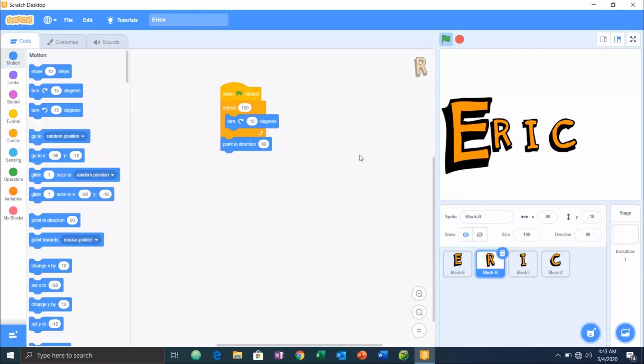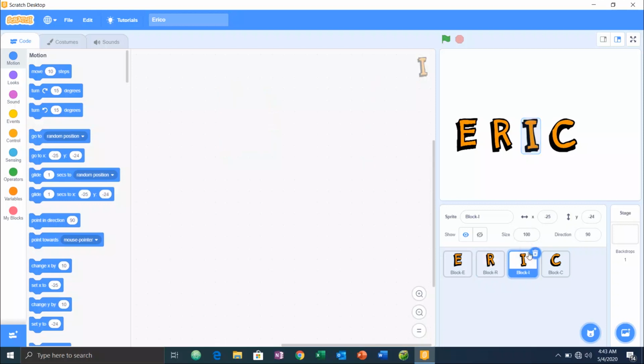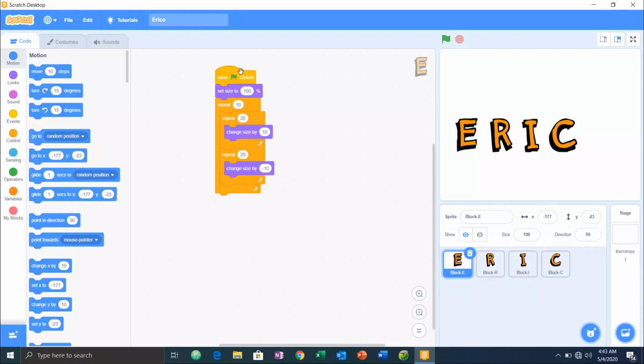Okay, so for my third letter, I want to also zoom in and out on the I, but this time round I'll wait for a second after the E has started before I start my animation, before I start the zooming in and out for the I. And to do that, since the E and the I will be having the same code, just that I'll be waiting for 1 second, I can duplicate this code,